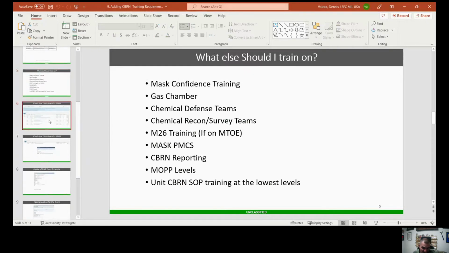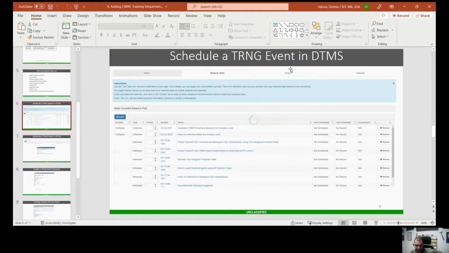So to build training, schedule a training event in DTMS. There are multiple ways to do this. You can filter by your METL task, and this is exactly what I'm doing: my unit task list. These are all of the CBRN tasks that the commander and I decided we want to train. We're actually training on 2 tasks per